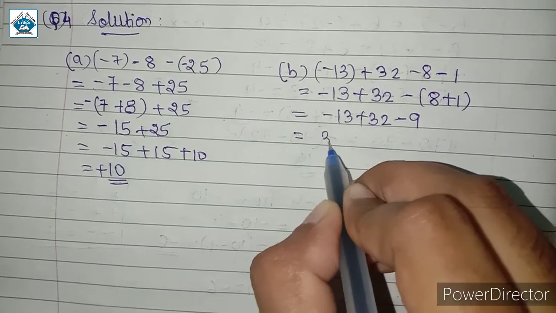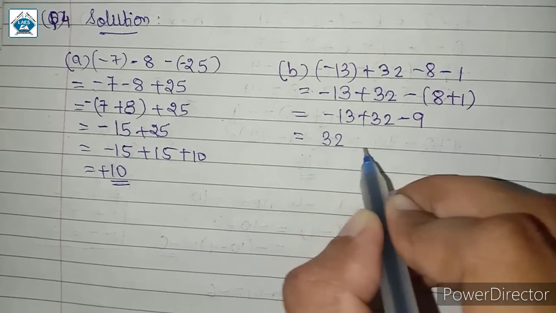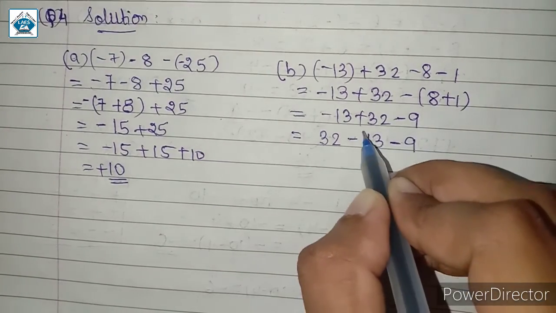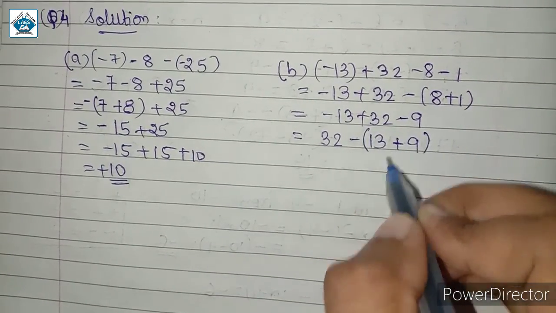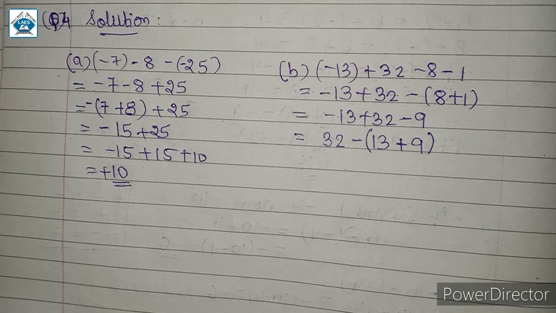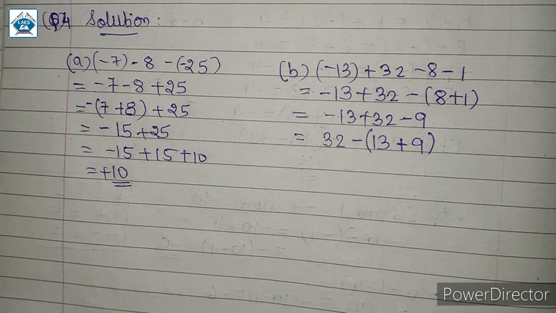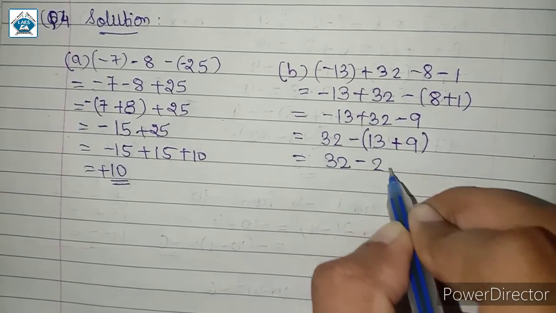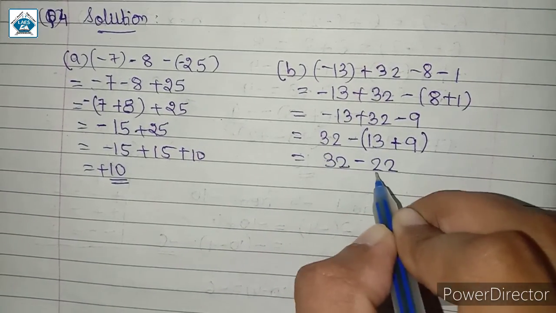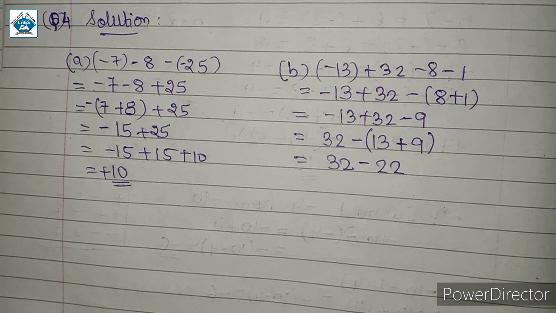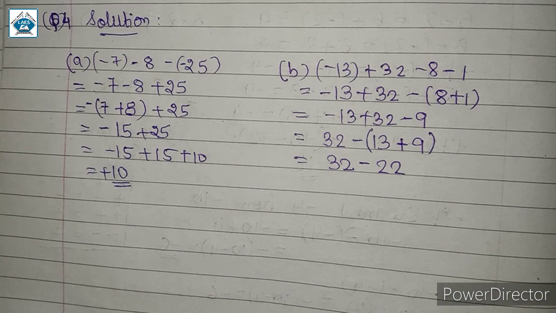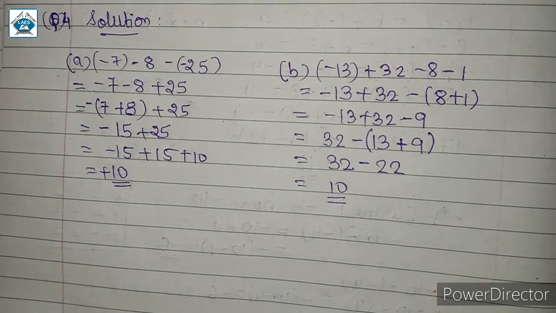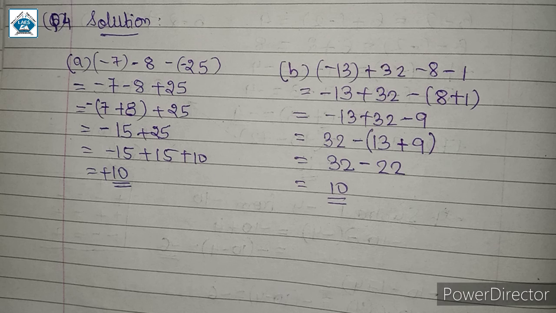Let us now rearrange this. Here we have 32 minus 13 and minus 9. So we can take minus common, then we will be left with minus of 13 plus 9. 13 plus 9 is equal to 22. So this is 32 minus 22. 13 plus 9 22 है and we are left with a minus sign outside the bracket. So here we will have 32 minus 22. Very simple. This is equal to 10. Again this is equal to plus 10.